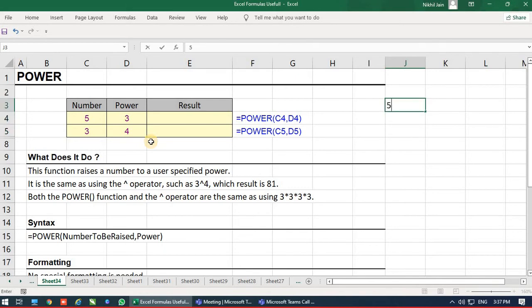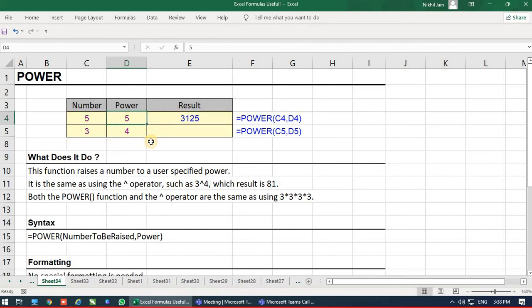Or we can say cube. So we have number 5. It should be 5 multiply by 5 multiply by 5. The cube is 125. Now this is known as power. If I am going to type number 5 over here, power is 3 times. 3 means cube equals to power bracket open 5 number, power it, bracket close, enter. 125 is the answer.